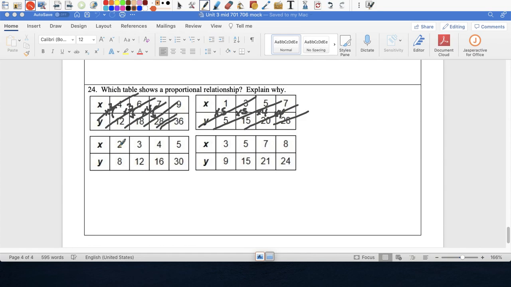Okay, this one is times 4, times 4, times 4, but it's not times 4 here, so this one is gone as well. 3 to 9 is times 3. 5 to 15 is times 3, times 3, times 3. So the only one that's proportional is this one. And it's times 3, times 3, times 3, which makes my equation y equals 3 times x. All right, so